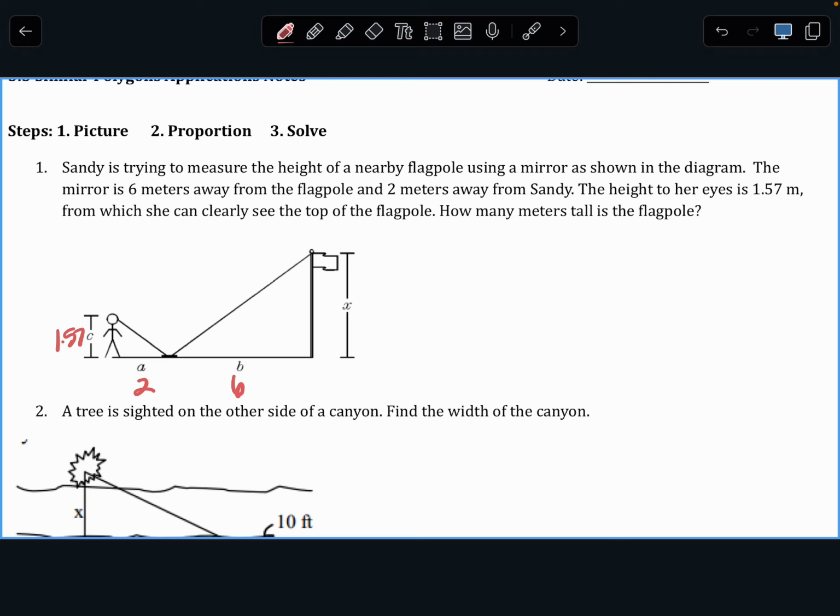So then how do I write my proportion? And remember, after I did the one at the beginning of class, I shouldn't hear you speaking, especially because I'm recording. All right, so